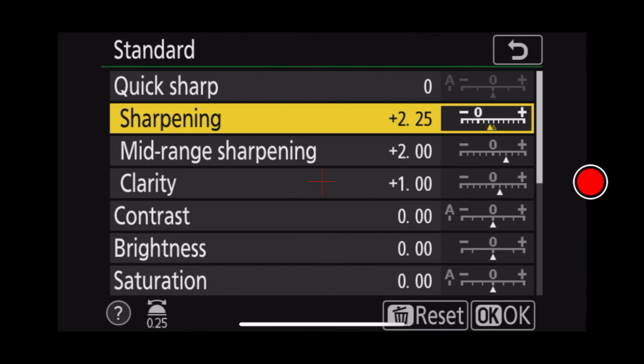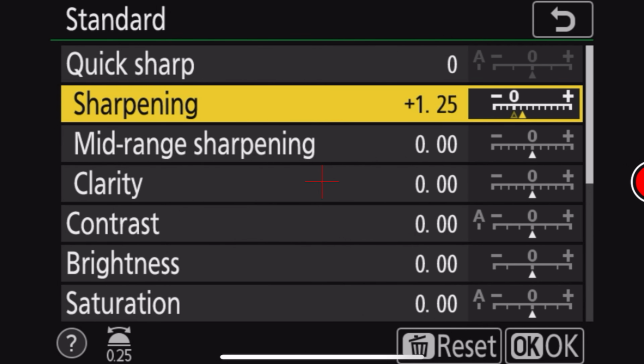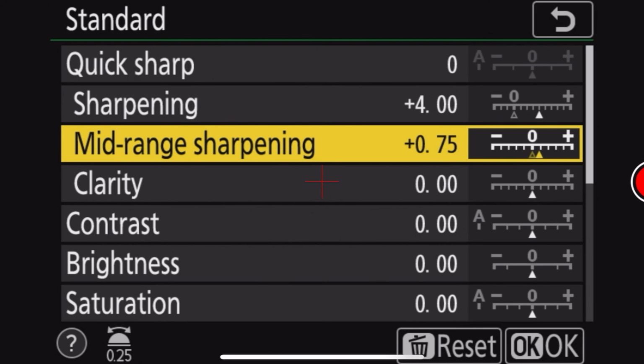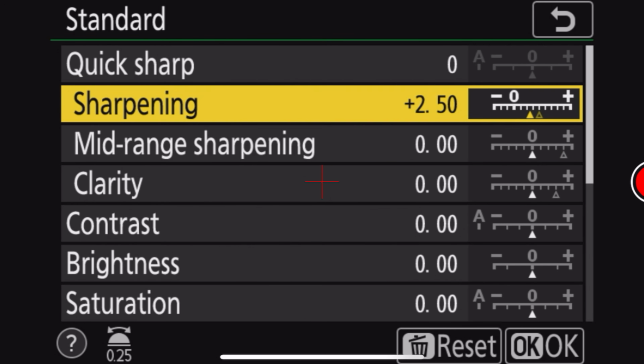The next step is to reduce your in-camera JPEG sharpening. Even if you're shooting in RAW, which you should always use, the preview that you see on the LCD camera screen is the JPEG preview. And if the JPEG sharpening is set to be high, it might trick you into believing the image is in focus and sharp even if it is not. So always set the JPEG sharpening to be low so you get a better idea.